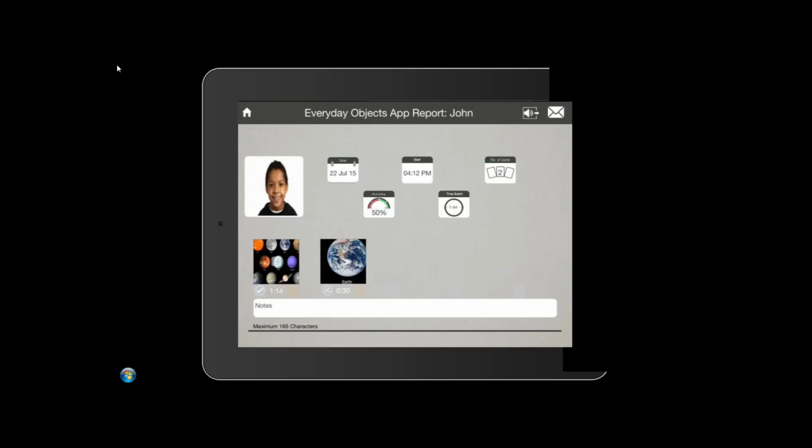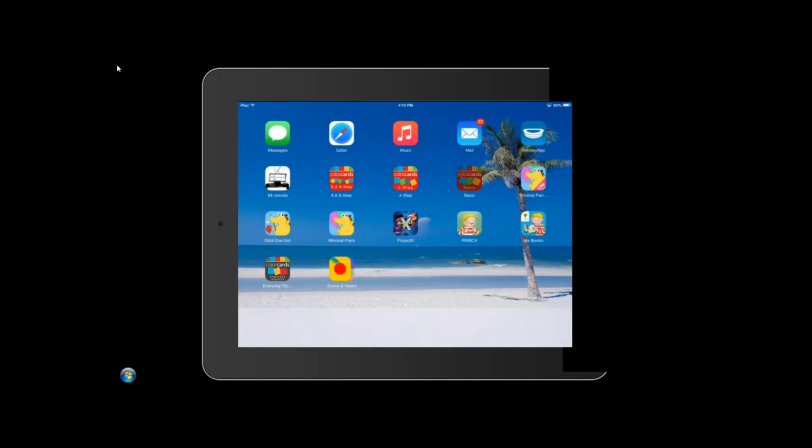And you can see how we recorded the audio on the first image for the picture of all the planets. There's a button on there I can tap to hear that audio back. And if you see up at the top right-hand corner next to the envelope, which indicates emailing out, I can also export the audio. But we're going to come back and look at reports in a little more detail in a minute. I'm going to take you to the next example,